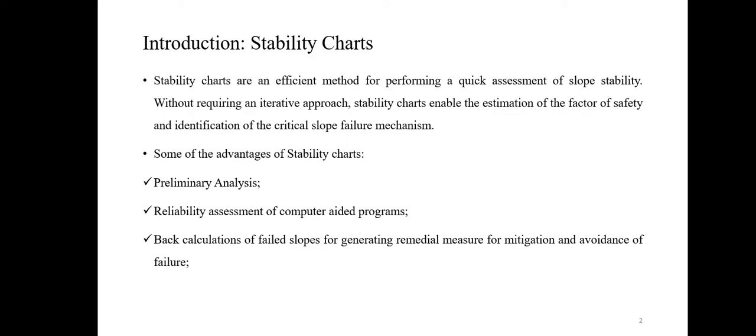This can be done assuming a factor of safety equal to 1 for the condition of failure and solving for the unknown shear strength, for an assumed value of C and phi depending upon local condition and experience, or they can be obtained from testing also. This also helps in determining the steepest slope for a given factor of safety, and hence helps in detailed analysis. The major shortcoming in using design charts is that the soil is assumed homogeneous and isotropic, which is generally not encountered in practice.